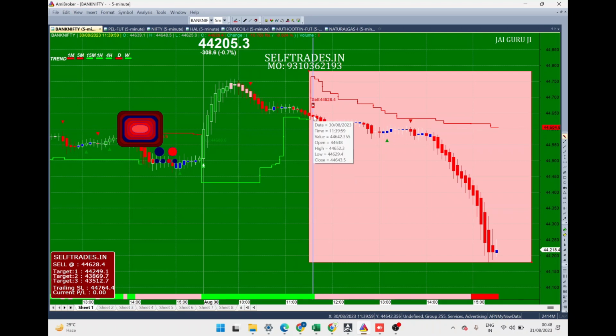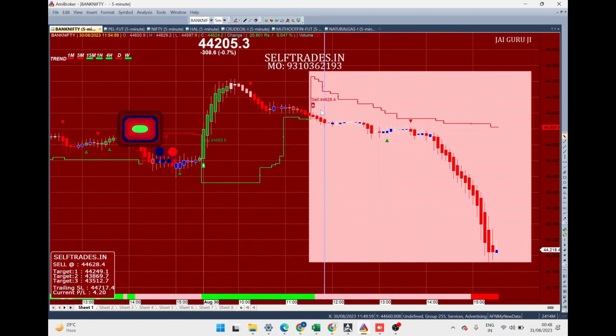So this means that we took a buy position here. When the market went up, we exited our position in small profit, and here we again got a sell signal. The line above is red. We got a sell signal. We took a put option. From there the market was not moving much. The market was flat, but it was on the lower side.